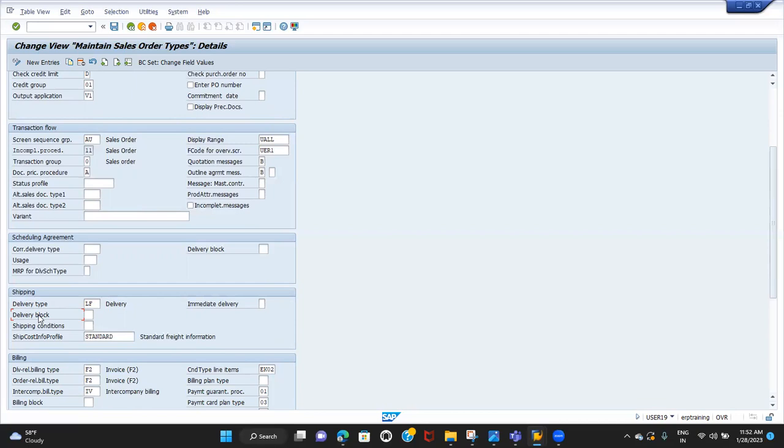But we are discussing the header level settings, right? Yeah. So the complete document will be blocked here if I use this setting, right? So next one is shipping conditions. Okay, so